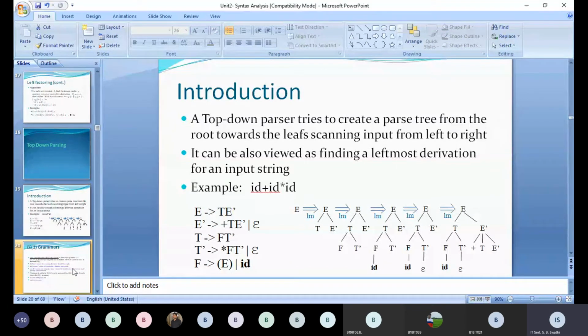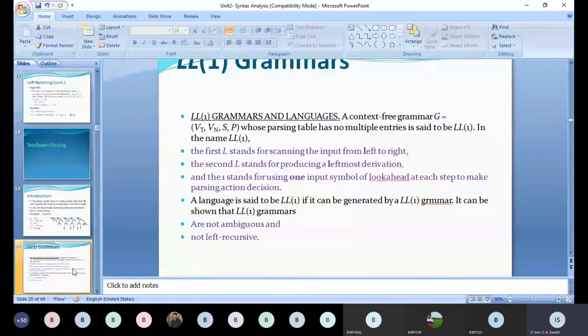Yesterday we have seen LL1 grammars are grammars which do not have left recursion. Left recursion means the leftmost non-terminal on the LHS and the starting non-terminal on the RHS of the production are both the same. When both are same, it is called left recursion. That should not be there. Even if the grammar is given to you in left recursion form, you have to eliminate it using the formulas which we have seen yesterday.